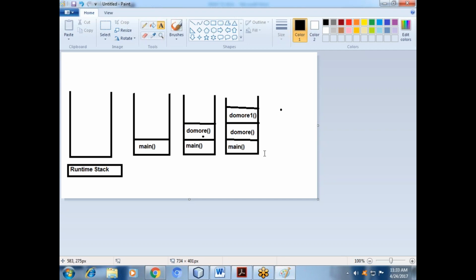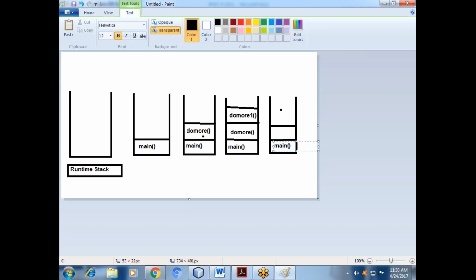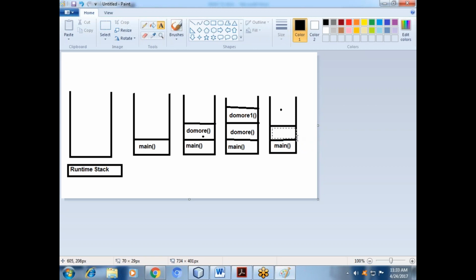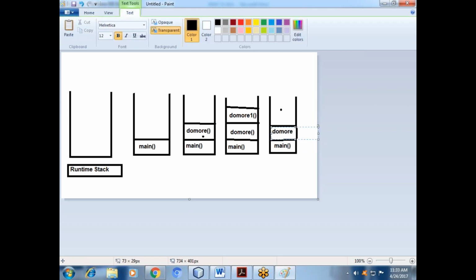Then again whenever our main method has been executed, again it will convert that. The same happening will occur. First it will work. Main method, do more method. Got it?